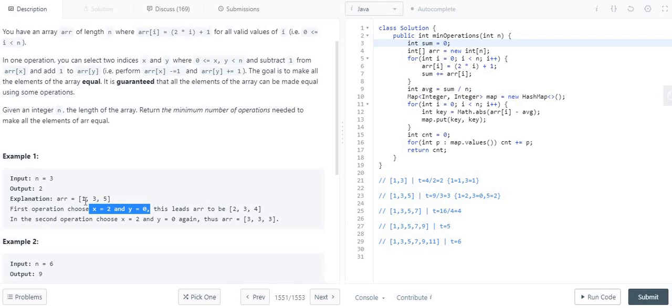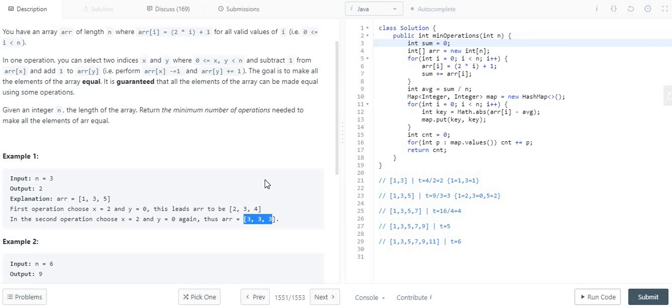For x equal to 2, array of 2 holds the value 5, so we perform the decrement operation and it becomes 5 minus 1, 4. Then we repeat this operation again, and next time it will become 3, 3, 3. This is the end result which we are expecting over here.